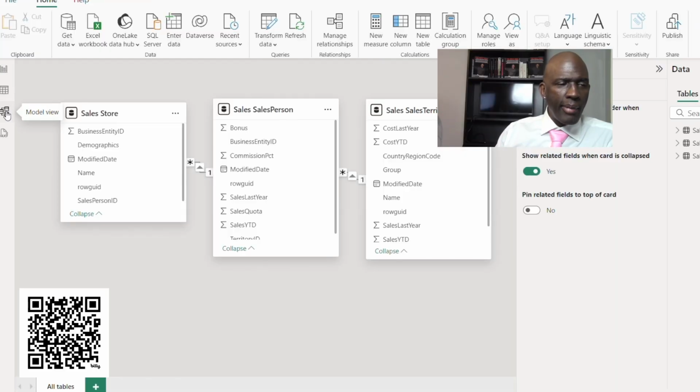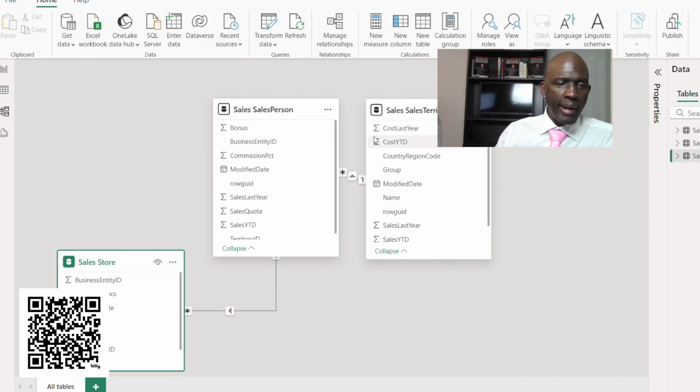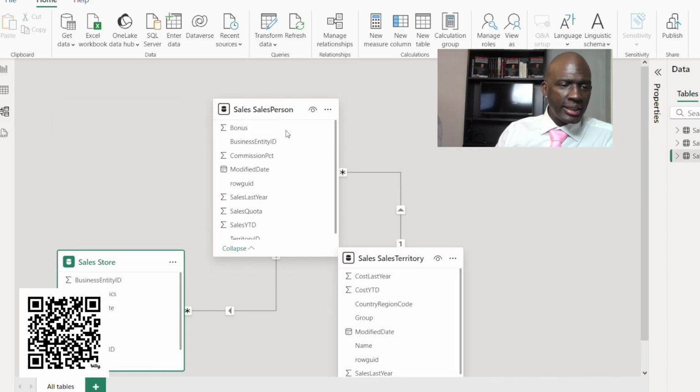Is our model view. And the model view is basically the relationship. What type of relationships do the tables have? What type of model is it? So basically, this is our model. And as you remember, as I said in the previous lesson,